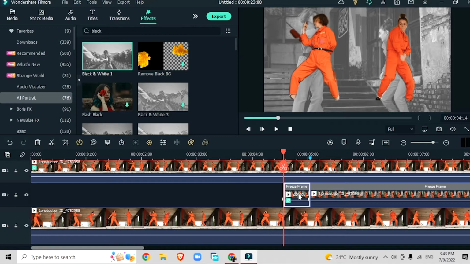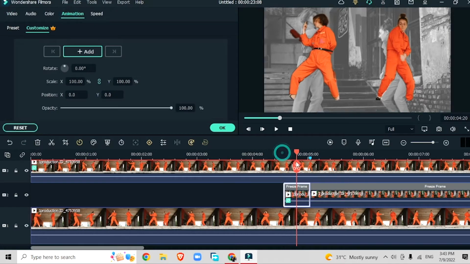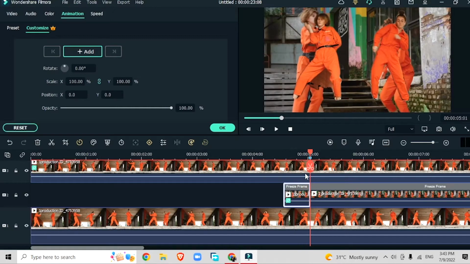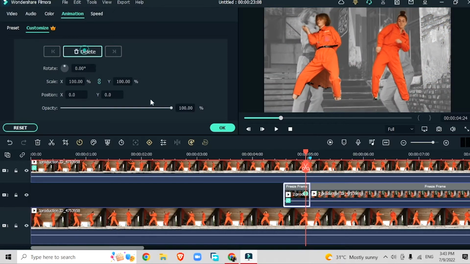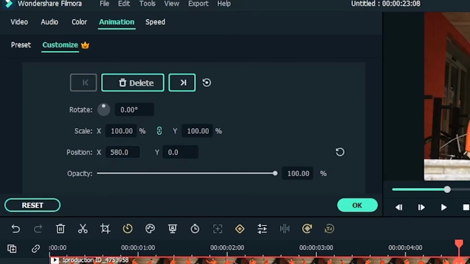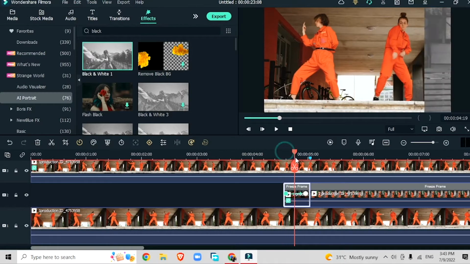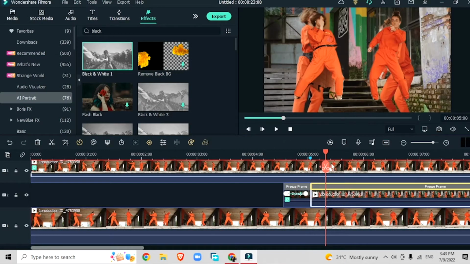Right over here, we're going to double click on that same segment, go to the animation section, make a keyframe on the last position, and then go to the first frame of the video, use position X to completely move it out of frame. So the freeze frame will show up from the right, and then the video will no longer be in black